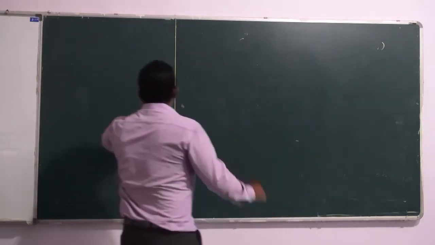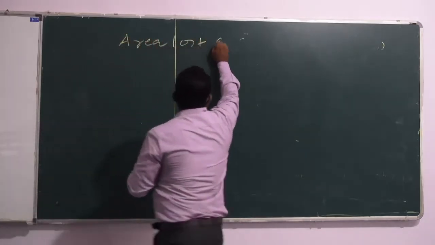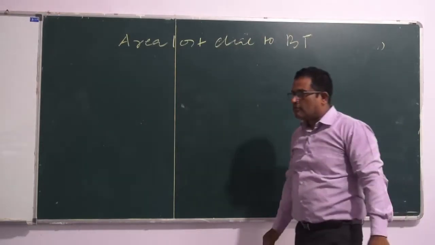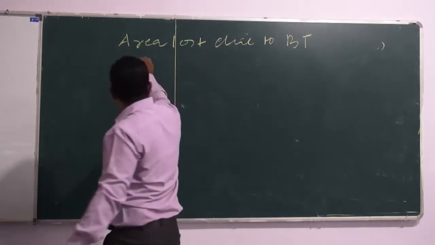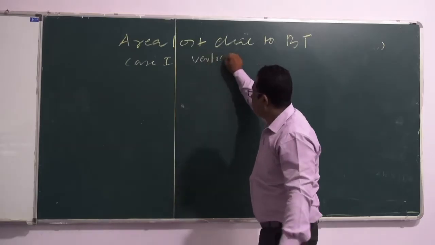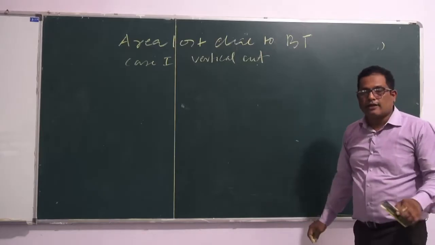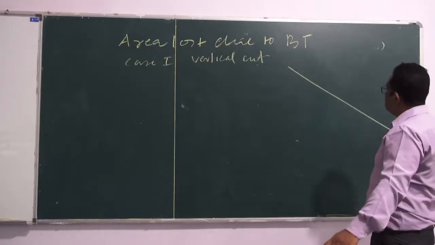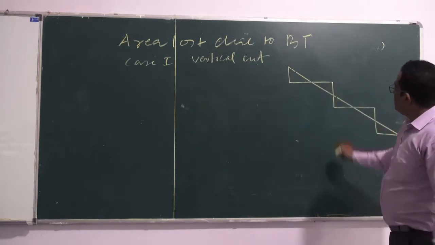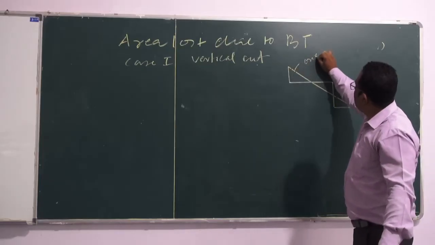Now, if you have to find the area lost due to bench terraces, first we will see the first case, for vertical cut. For a vertical cut, what is the area lost? This is your original